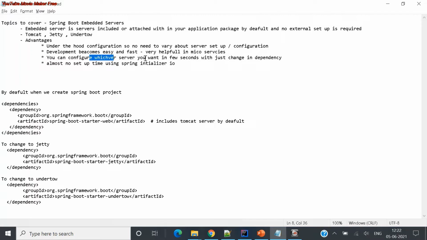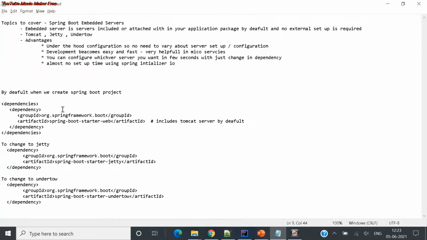You just have to create that Spring Boot project and attach it to your microservices configurations, and you can configure it, as I said, just by a dependency change. If you want to switch between those servers as well, you can just change the dependencies. It's just a matter of a second. Whenever you switch a dependency, your server gets changed. So it's like no setup time. As you are already aware of Spring Initializr.io, you can generate a project using that within a few seconds, so it becomes very easy to create your project and run it, and it gives you more time to develop your business logic rather than creating a project and setting up the configurations, servers and everything. So that is the main idea behind it.